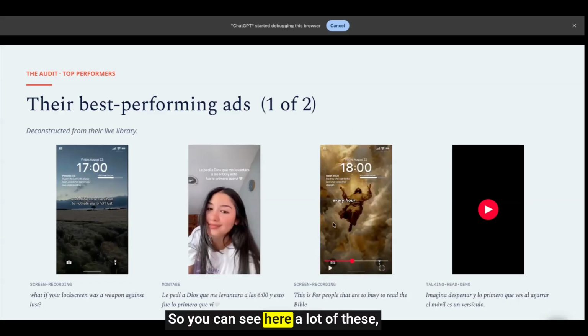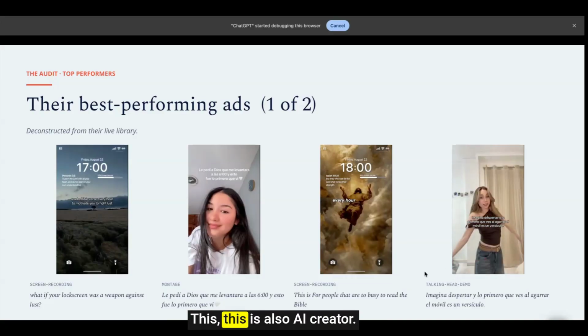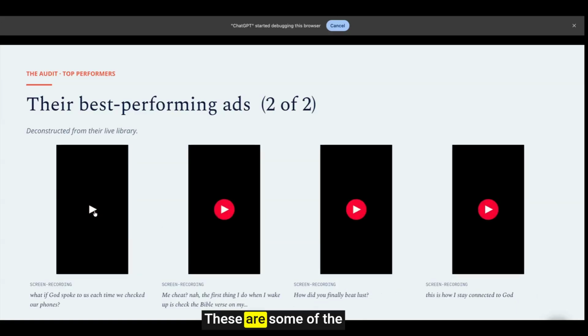So you can see here, a lot of these, the top 3 basically showcase the lock screen experience. They are made with the help of AI. This is also an AI creator. These are some of the other top performing ads.